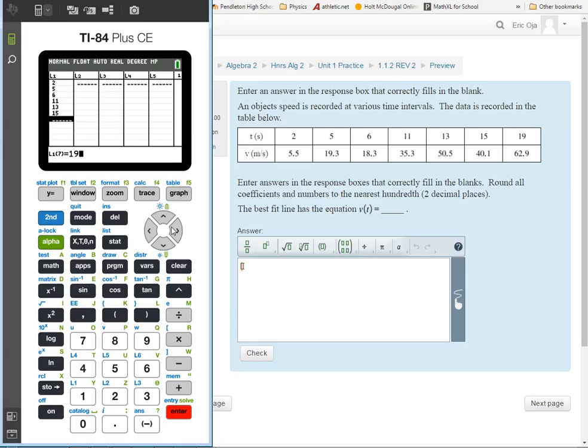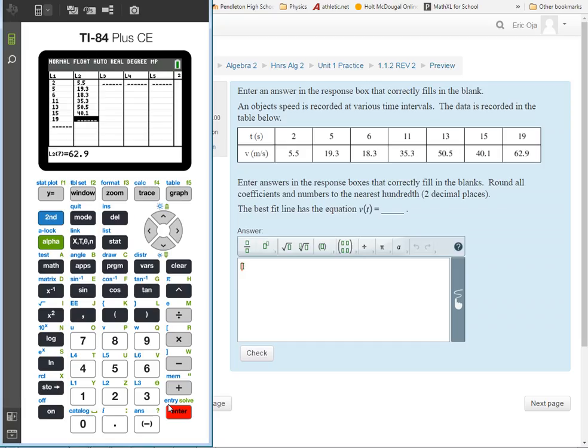The y values. Let's scoot over to the y column. 5.5, 19.3, 18.3, 35.3, 50.5, 40.1, 62.9. Okay, once I've got all the data in there, this question is only asking me to calculate the best fit line,